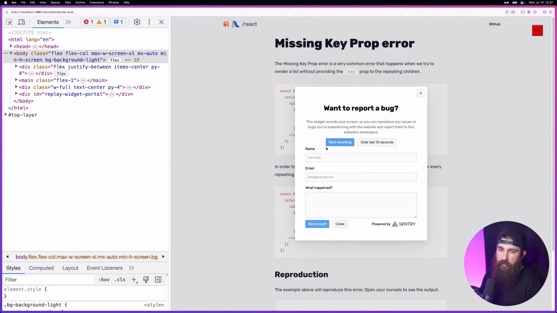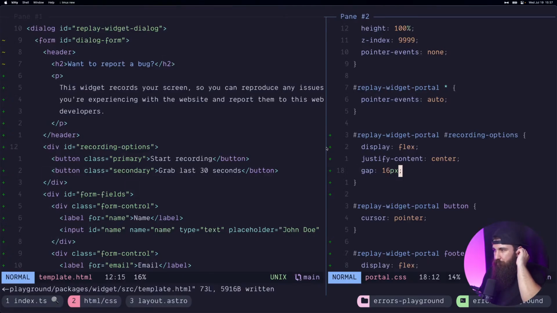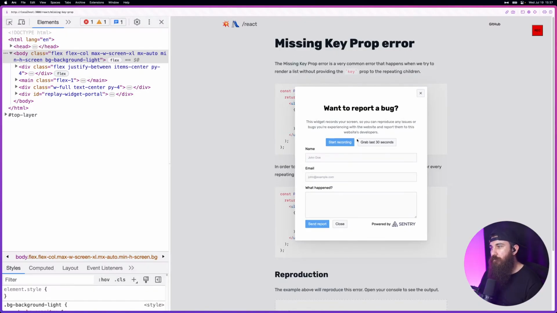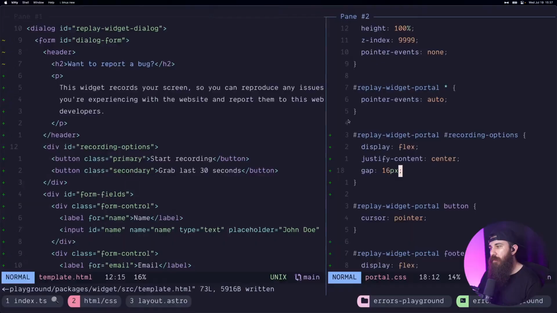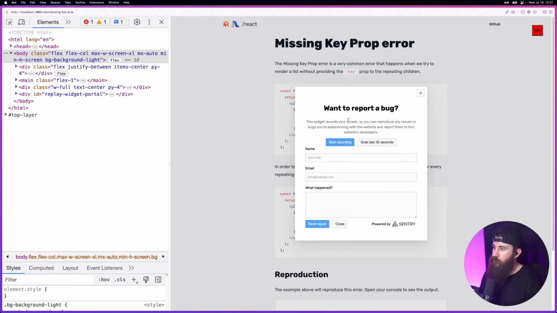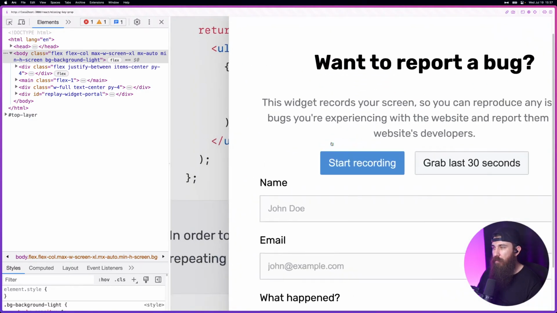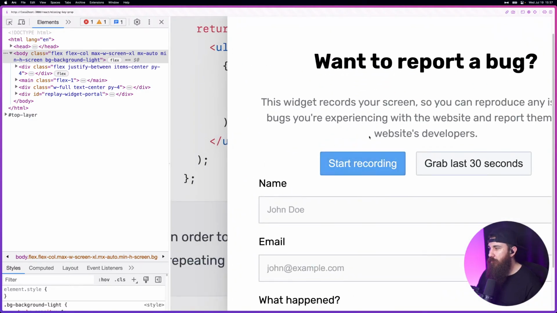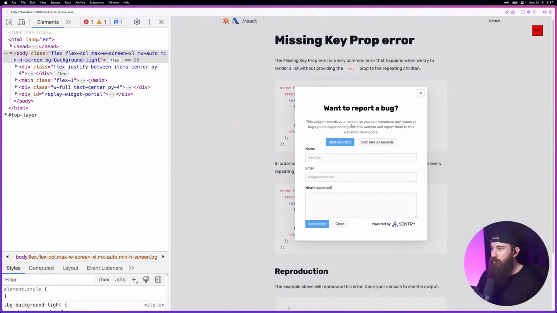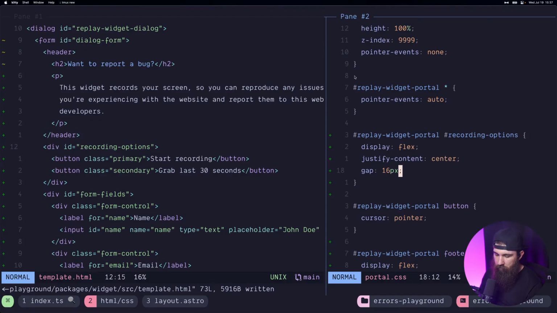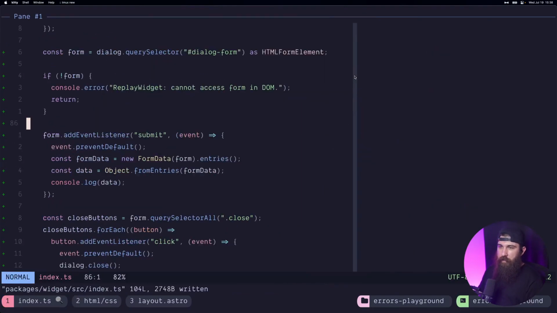Start recording. You know what? I feel like we should add something red. Like either make it a red, or I don't know. Yeah, let's just keep it like this. Cool. So here's the thing. We need to